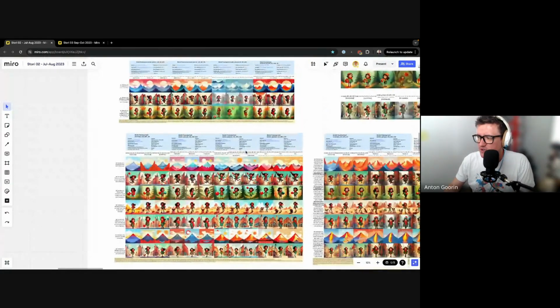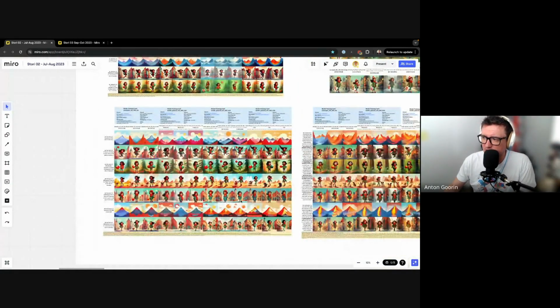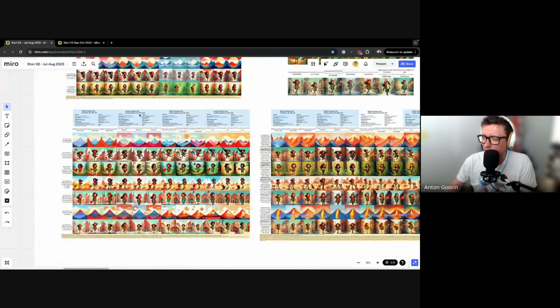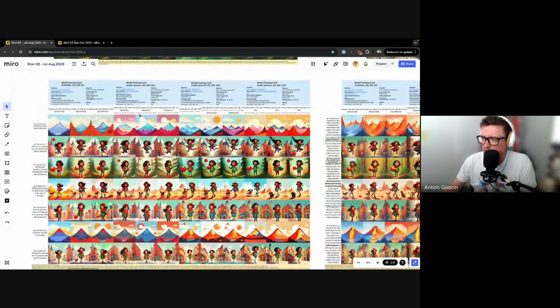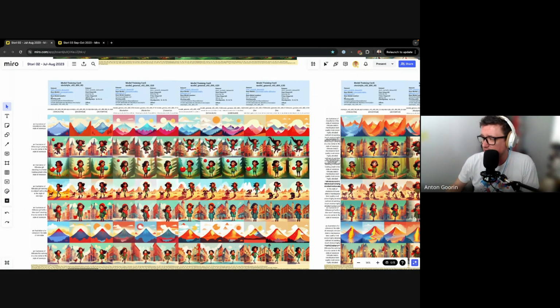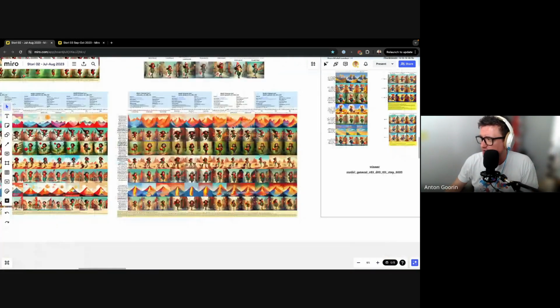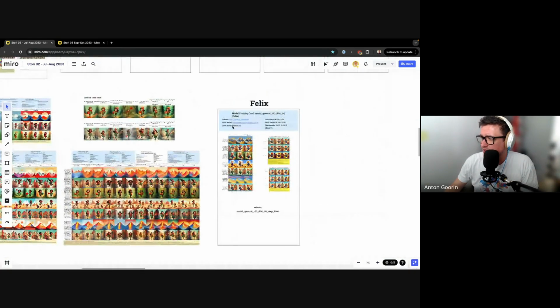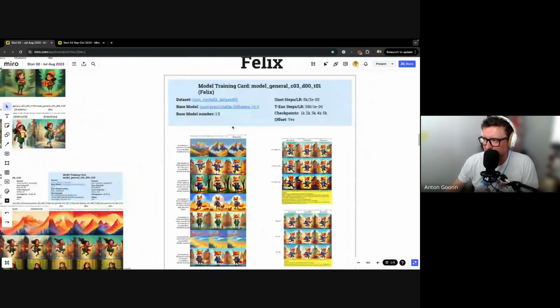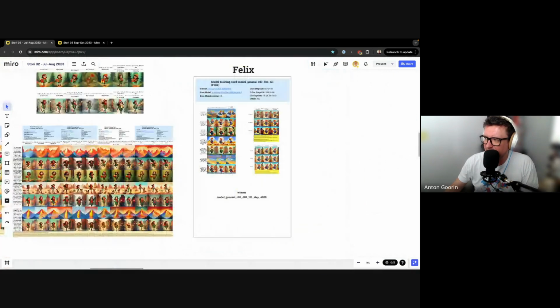So we see here some trainings. These are big charts for research projects. This panel is about training speeds. So we gauge, okay, we have a lot of training parameters. How we combine them, what parameters create the best results for us. That was also a fun experiment. I think this one is the same. And this is Felix, the next character that's from the data cycle 03, but I also put it here